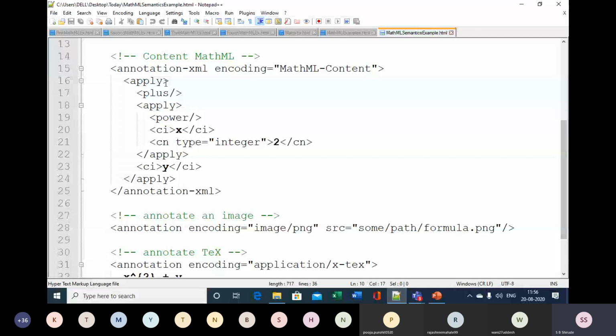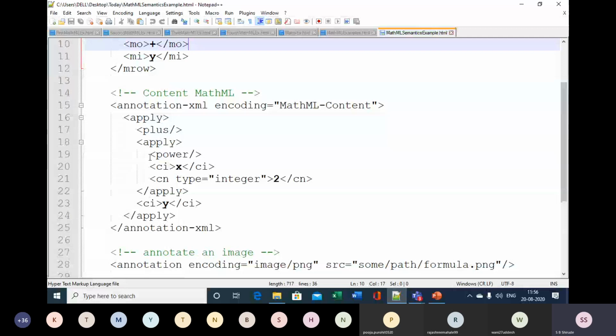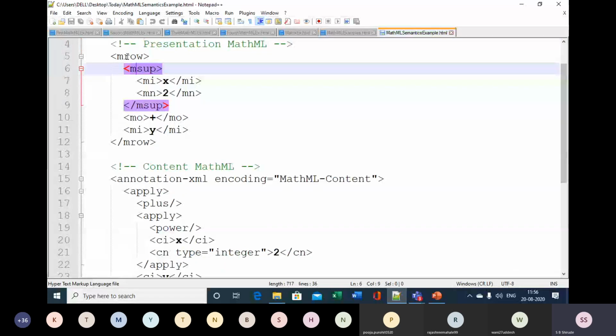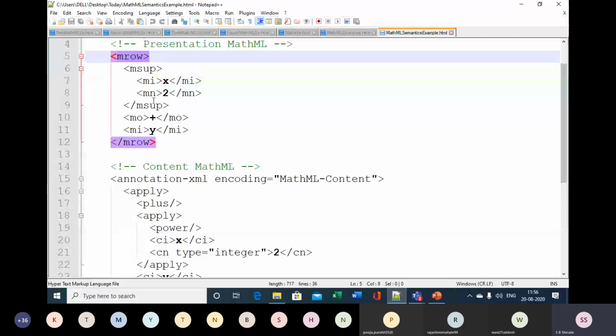So by using this, the computer algebra system can understand that this is x square plus y. But by using the presentation markup, the algebra system is not able to understand, because the algebra system doesn't know the meaning of mrow, msub, mi, mn, mo. But the algebra system knows notations like apply, plus, power, ci, cn.